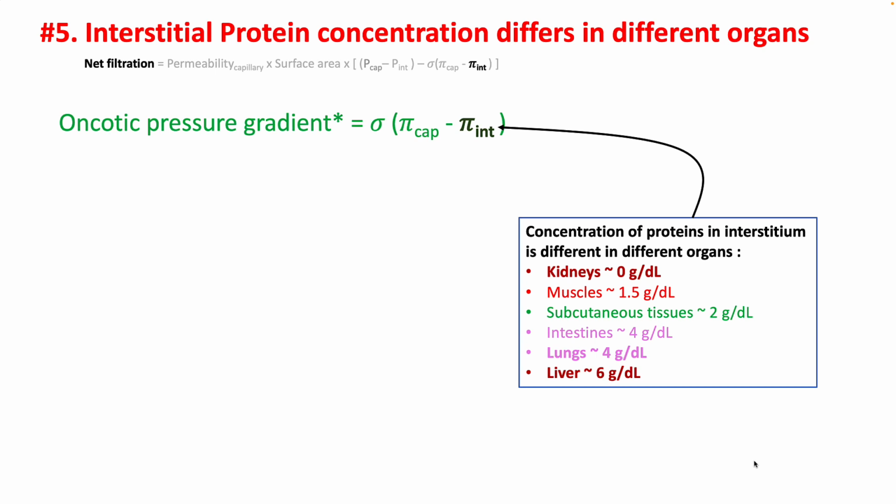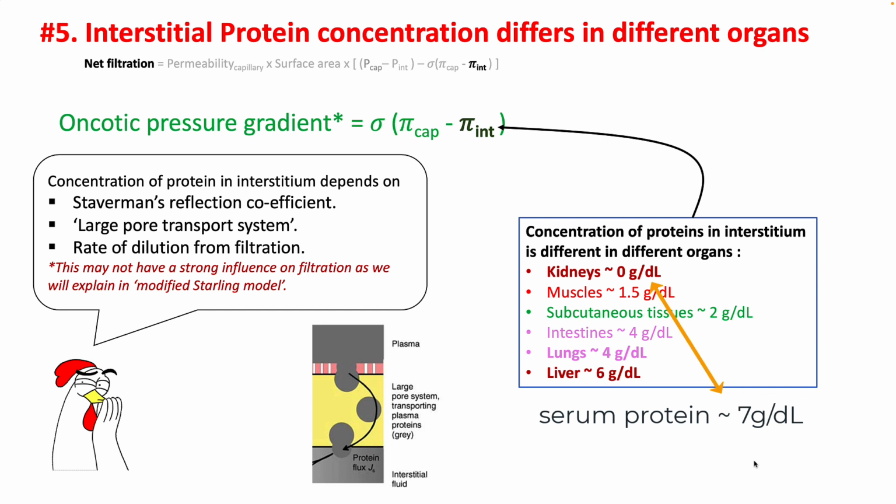Interstitial protein concentration differs in different organs. So organs like kidneys, which have almost no protein in their filtrate, versus liver, which has up to 6 gram per dl protein in their filtrate. So you can see that in liver, your oncotic pressure gradient is pretty low as compared to oncotic pressure gradient in kidneys. The concentration of protein in the interstitium will depend upon Staverman's reflection coefficient, as we talked previously, but